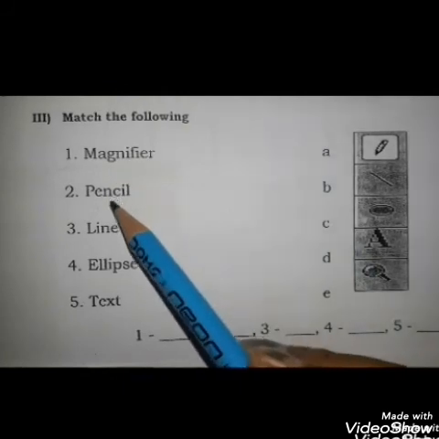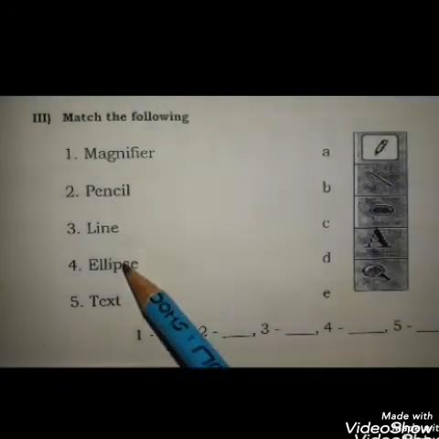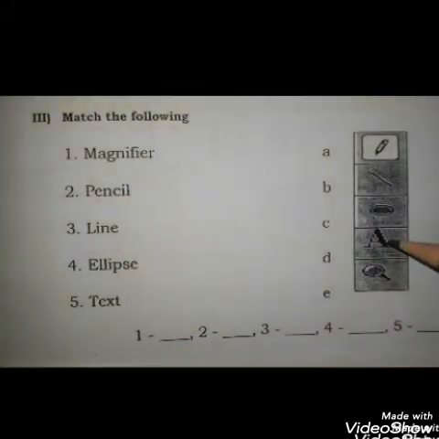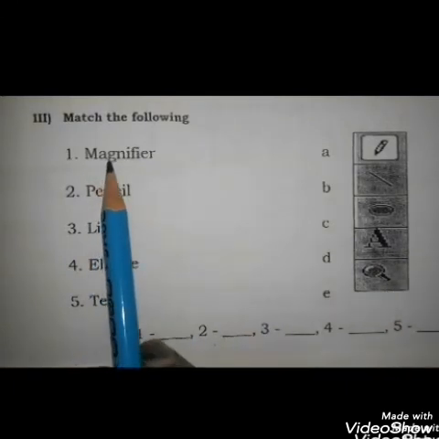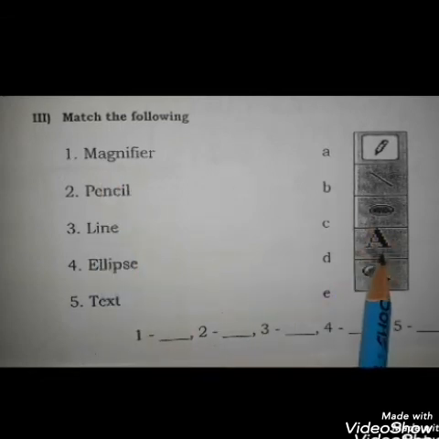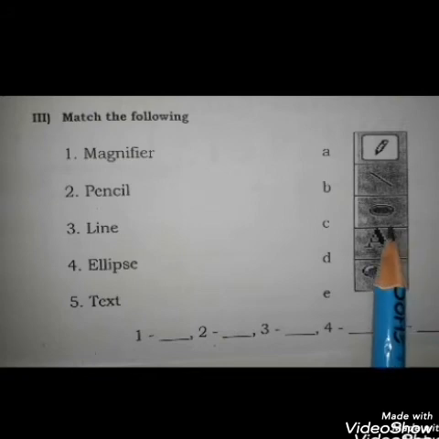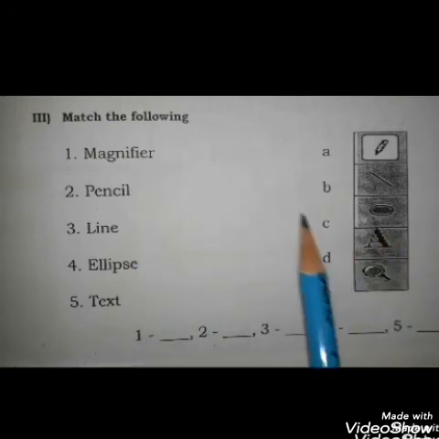So now we'll see in the next page, the next part, match the following. As you can see, so many tools they have given here, and here the pictures of so many tools are given. So you have to match the name of the tool with the correct picture. Okay children? As in the previous chapter, here also we will not do crisscross lines. We will just write the number besides this picture, and then down we will write the letters.